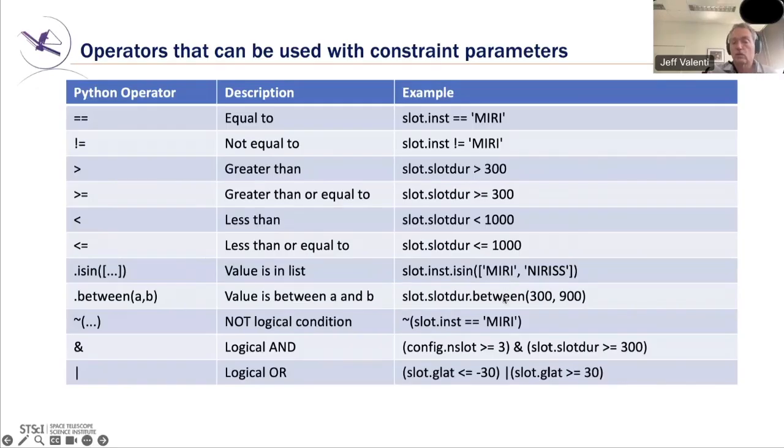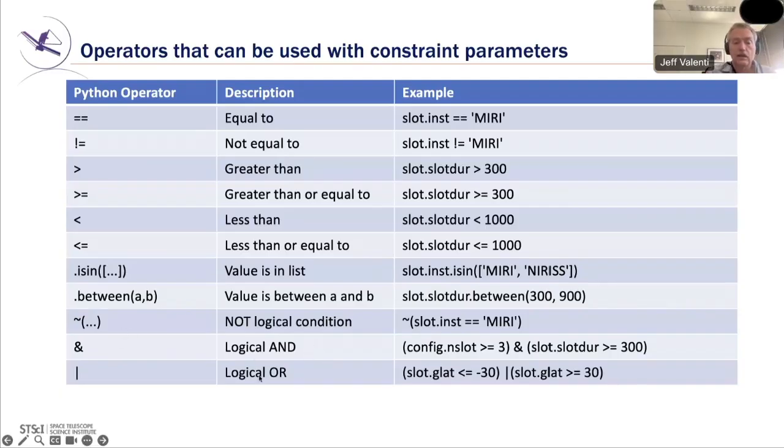Between: if you want to limit exposure time or galactic latitude or whatever, you would use this syntax. In this example, the slot duration should be between 300 and 900 seconds. I'll warn you again, if you limit it with a top end, like no longer than 900 seconds, it works,